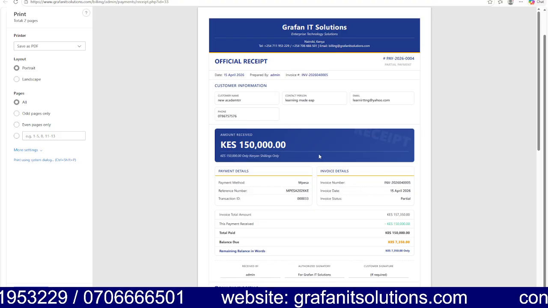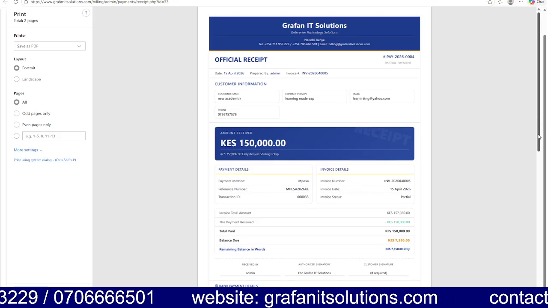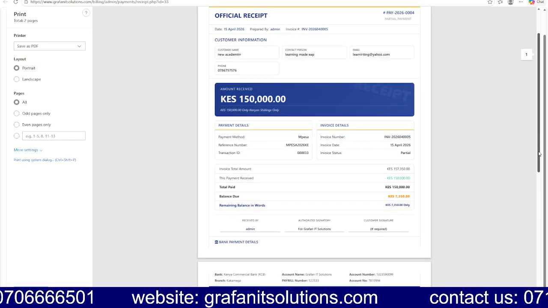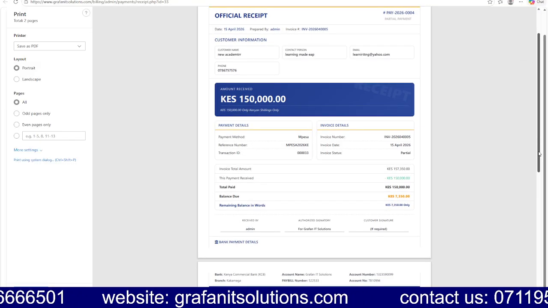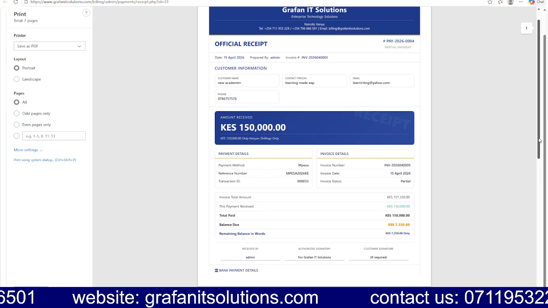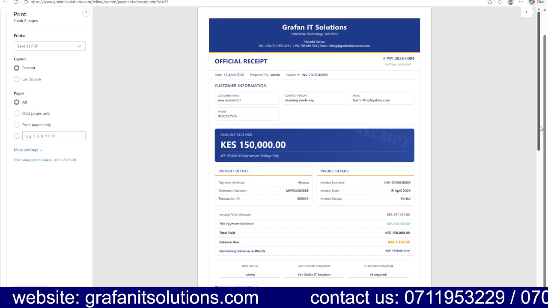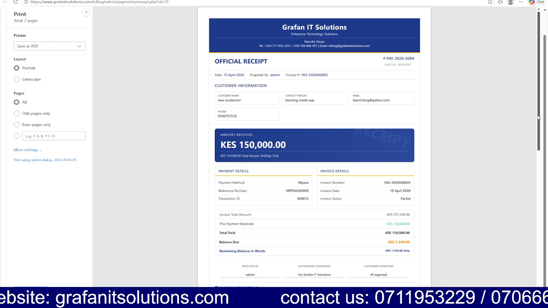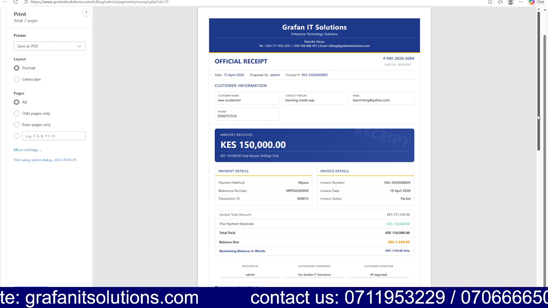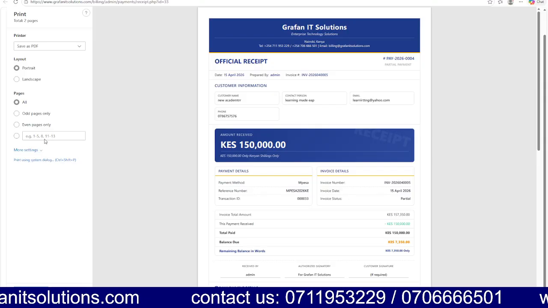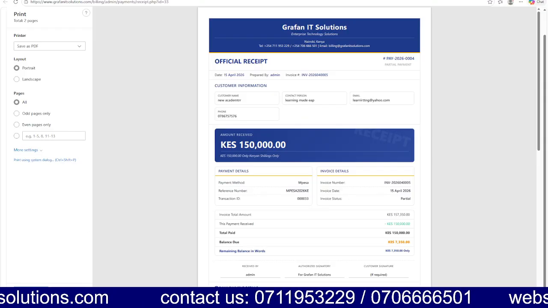So this is the receipt. When you say print or save as PDF, see, our client has paid 150,000 and their balance is 7,350 Kenya shillings. So you can proceed and click on save